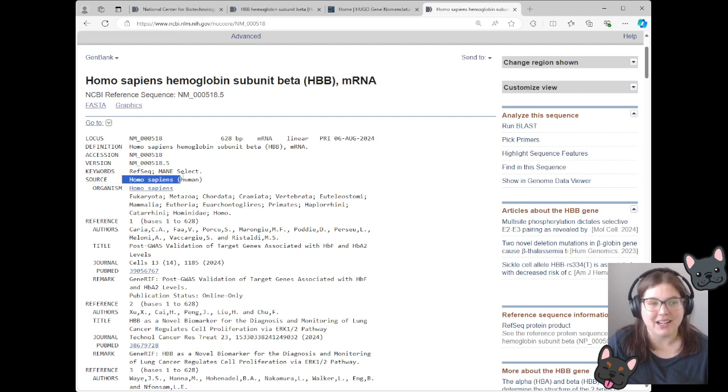And in this case, it is Homo sapiens or human. The next question we have is, what is the length of this sequence? So there's multiple places on this page where you can find that. The easiest place to find it is actually right at the top here on this locus line. So that gives us our accession number, and then right after that, it gives us the length of the sequence